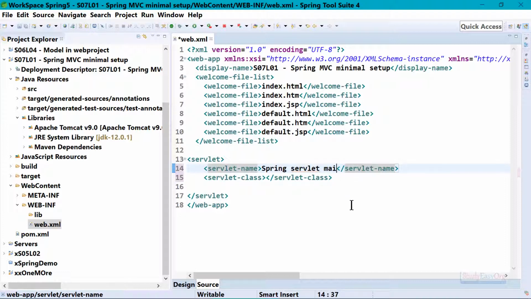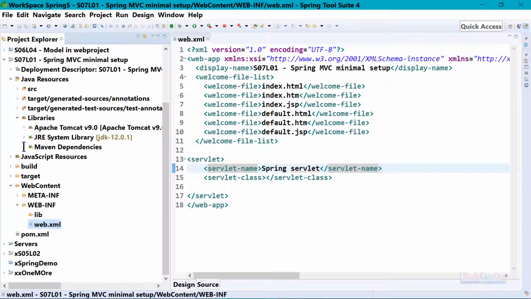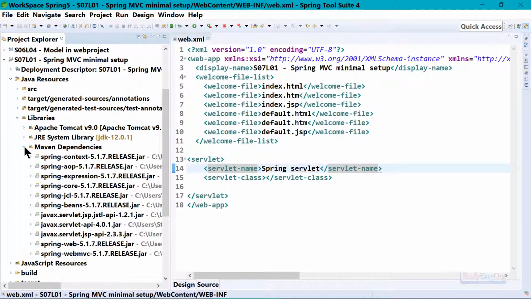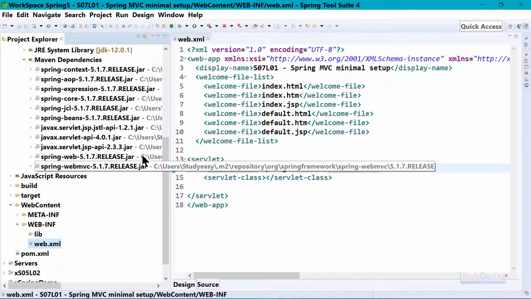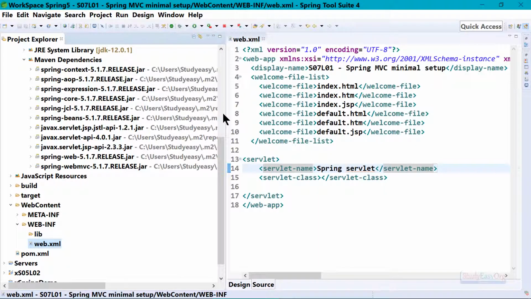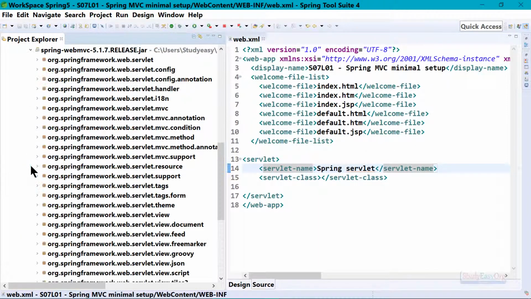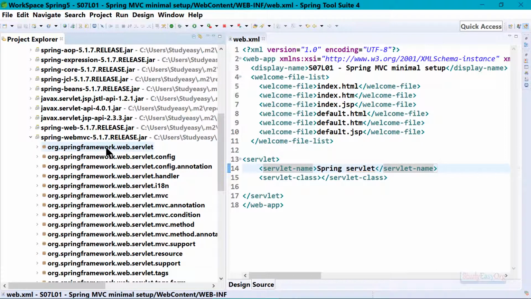Servlet. Spring Servlet is a good name. Here we go. And now, for example, I show you the Maven Dependency. And one of the jar files is Spring MVC. Inside this MVC jar file, if I traverse, there are multiple packages, and one of the packages is